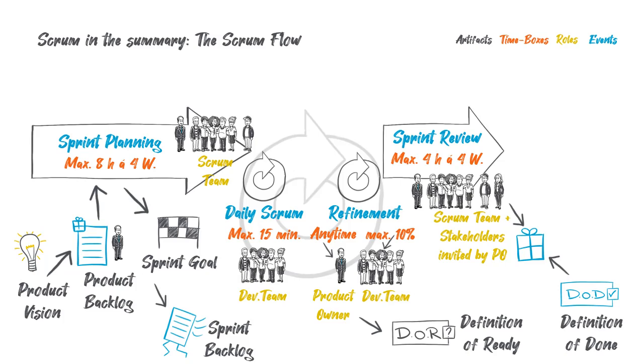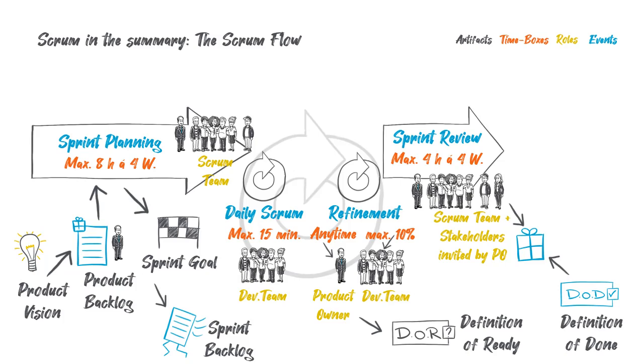Afterwards, the developers present the finished product increment and answer questions from the customer. The increment is the sum of all previously completed requirements. In the review, the customer is given the opportunity to view the product and give feedback on what he or she wants to change or what he or she wants. Thereupon, the product owner updates the product backlog and next steps are discussed together. Through this event, there is a common understanding of the current state of product development.